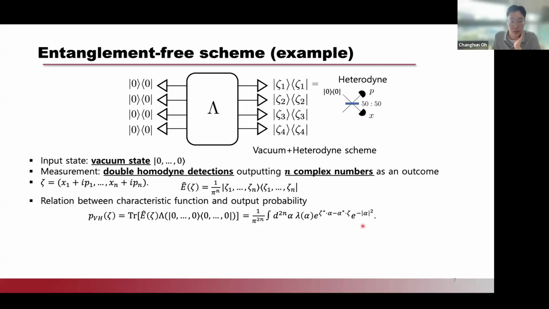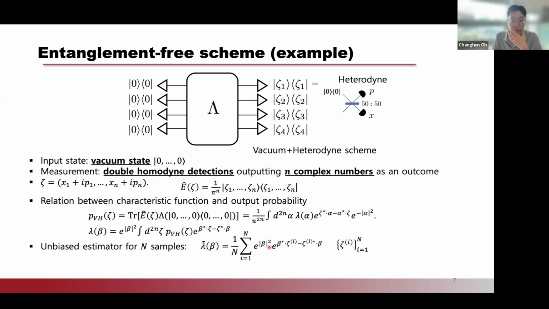To make it clearer, if we take an inverse Fourier transformation on this relation, then we can show that the channel's characteristic function can be written as the Fourier transformation of the output probability distribution times some prefactor. And by using this relation, what we can do is construct an unbiased estimator for this characteristic